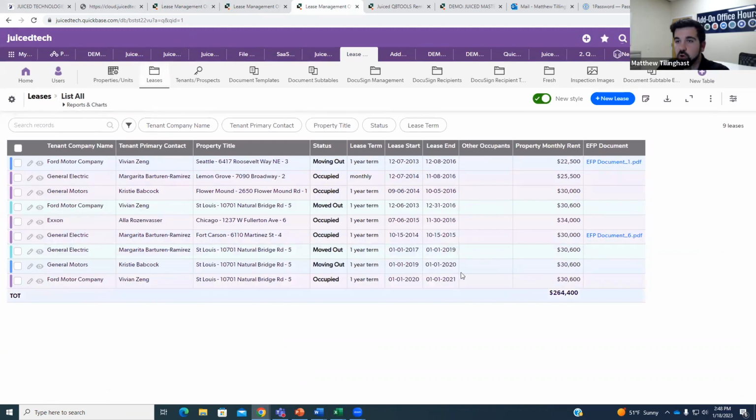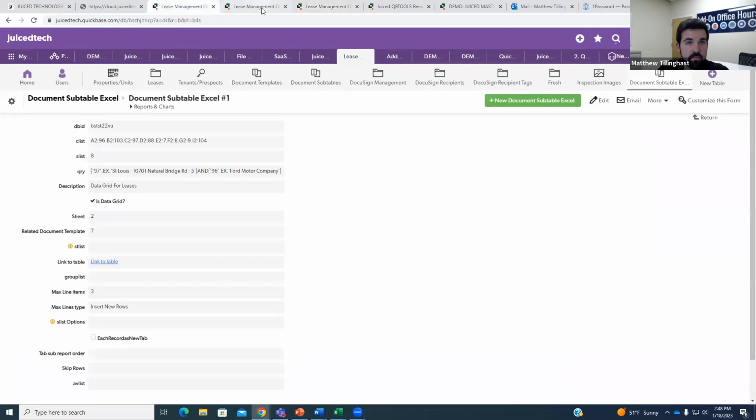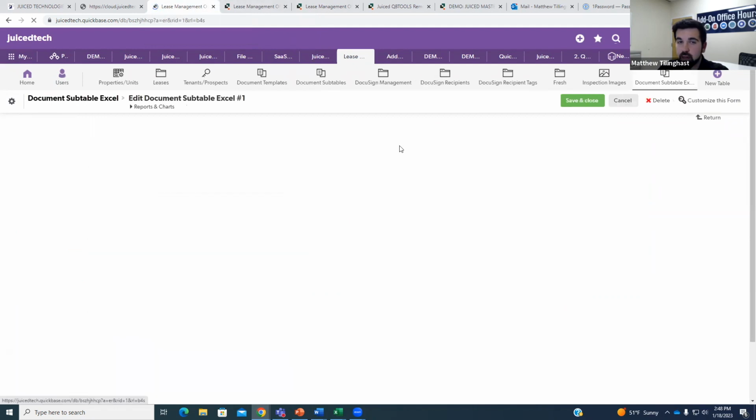If I wanted to do all of my leases, not just the ones associated with the one property that I had, because I had it based off of the property title, St. Louis, Natural Bridge Road. If I wanted to take them all, I could find right here, QID equals 1. And this might be a mess right now, but we're going to give it a shot. If I wanted to take this whole query out,